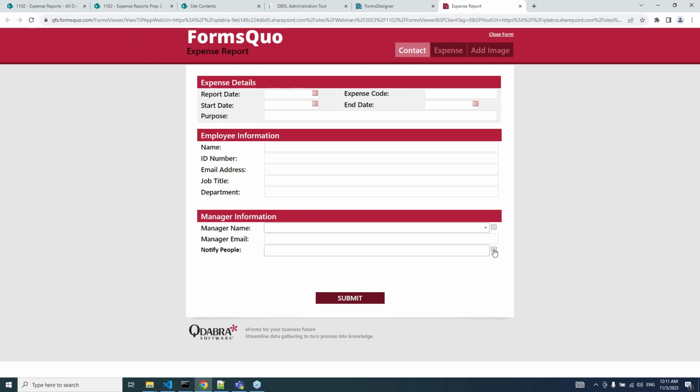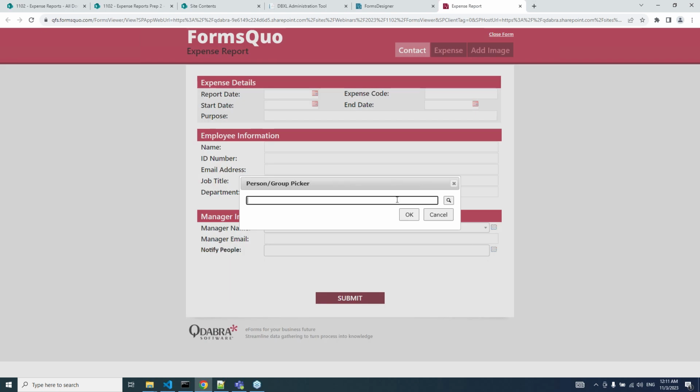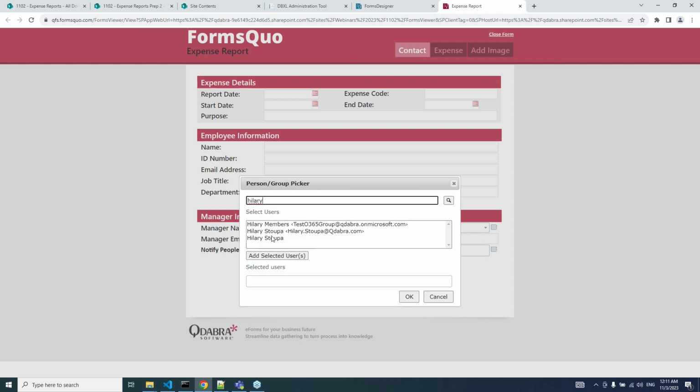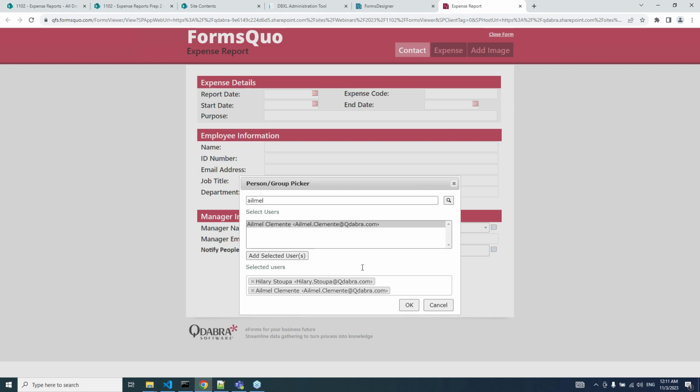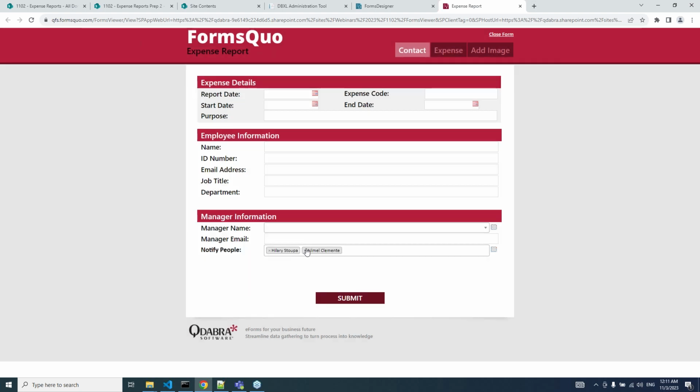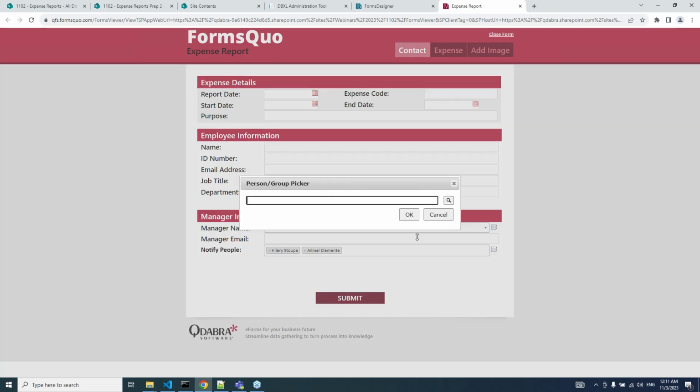Okay, and what we can see here is this gives us a slightly different experience. The dialog looks similar to start off, but you can see that if I search for someone, I get a list of available values now instead of a drop down, so I can select multiple values and then copy them down to the list of selected users. I can go and search again for another person, add them to the list. And when I'm all done picking my people, I click OK, and you can see they're added here. I can add more if I want. I can search for a group,